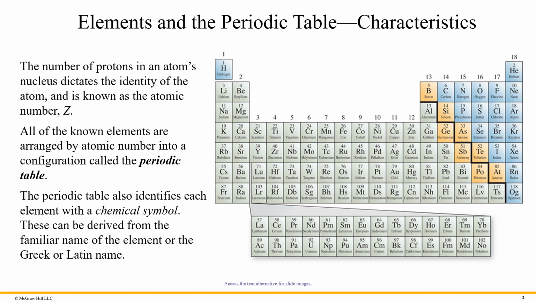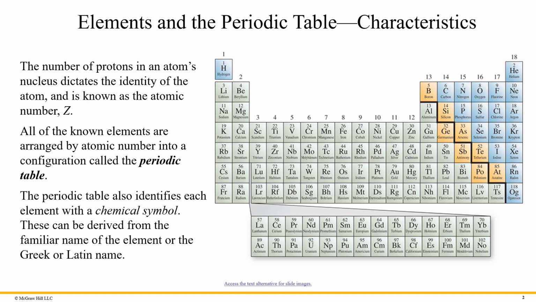Each element in the periodic table is ordered. So it's placed here in a certain order, increasing, with hydrogen starting as element number 1 and increasing in order as I go across the rows of the periodic table. The number that appears above the element in its box is called the atomic number, or Z. This corresponds to the number of protons that are contained in that element.